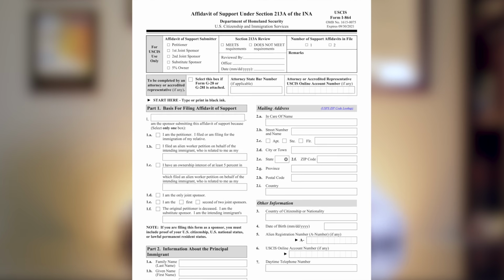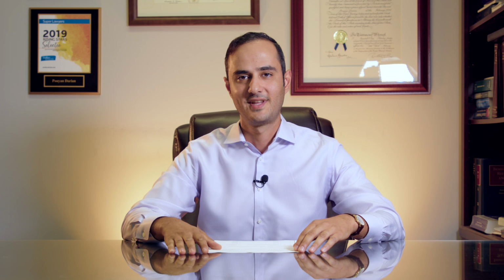What is the Affidavit of Support? Generally speaking, most immigrants who want to come to the United States need a financial sponsor. This is a document, Form I-864, the Affidavit of Support, and it's basically a contract between an immigrant's sponsor and the US government, ensuring that the immigrant will maintain a certain level of income, otherwise the sponsor will kick in. A sponsor is required for the vast majority of family-based immigrant petitions.